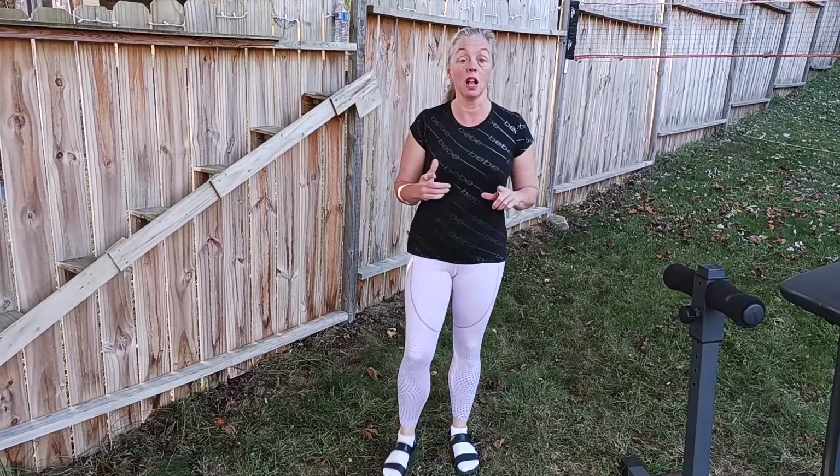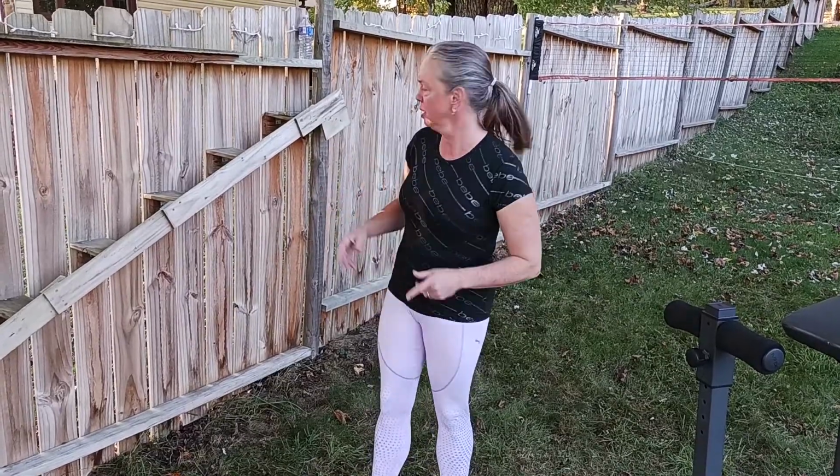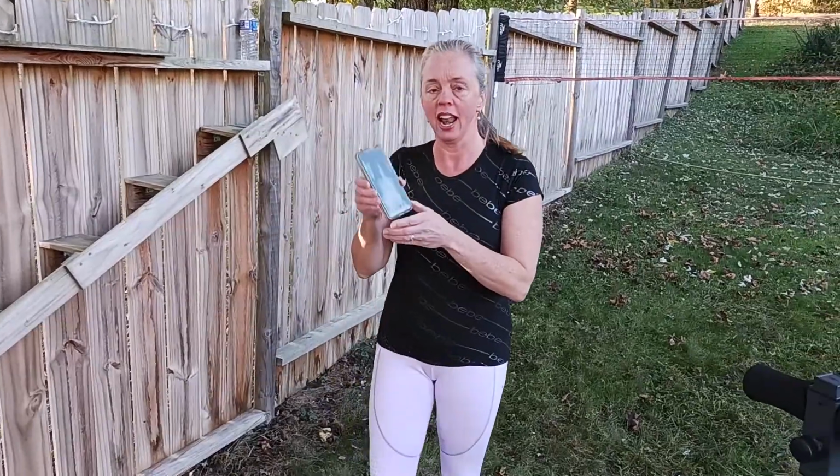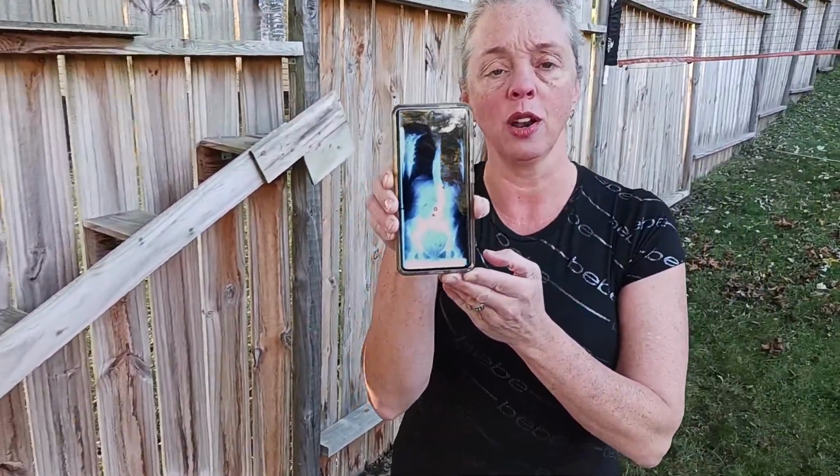So the first thing I want to talk about here is my back. I talked about my back being a little bit messed up last time, and a lot of people were saying, "Hey Jen, what are you talking about? How's your back messed up?" So I'm going to give you a little sneak peek at an x-ray here. This is an x-ray of my back, and the x-ray of my back is